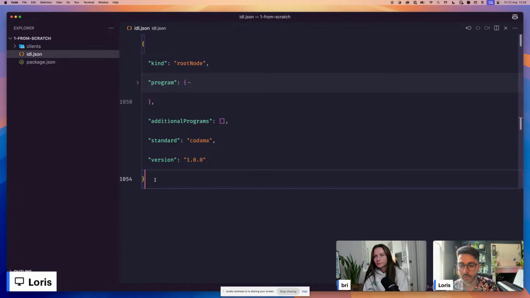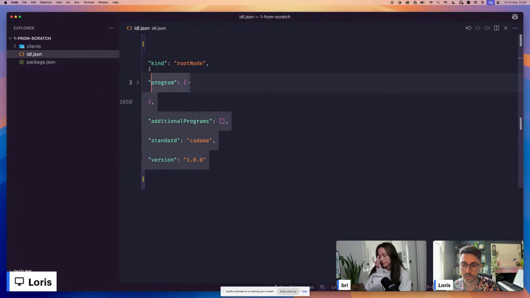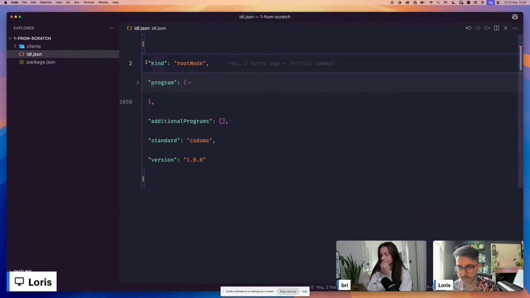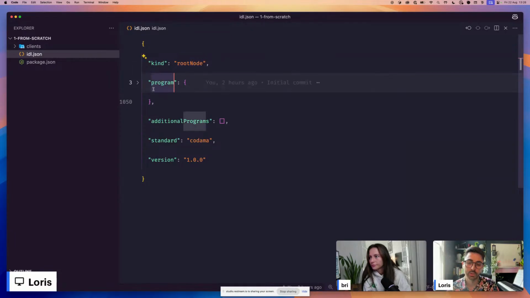everything is a node. So it's a tree of nodes, and a node is just an object that has this kind property that tells you what type of node you're dealing with. And the one at the top that creates your standard is called the root node. As you can see, the root node has got a program, which is the one that you're trying to describe in this case. But it can actually have